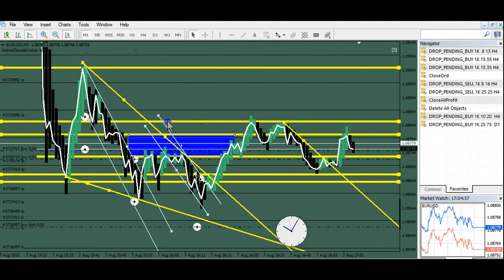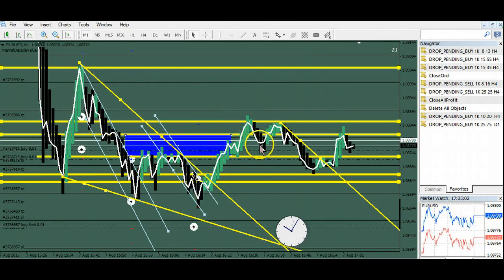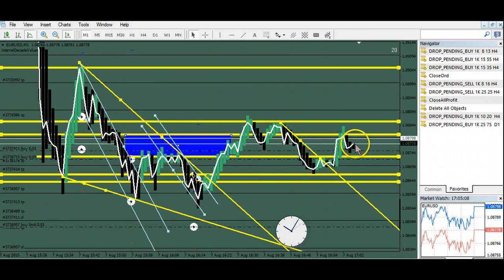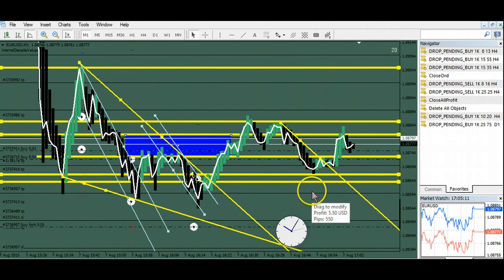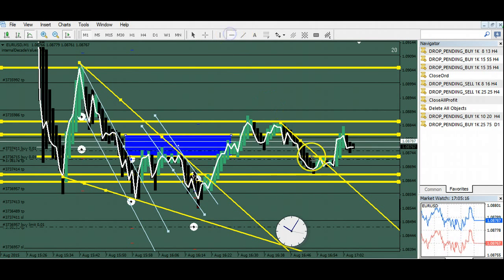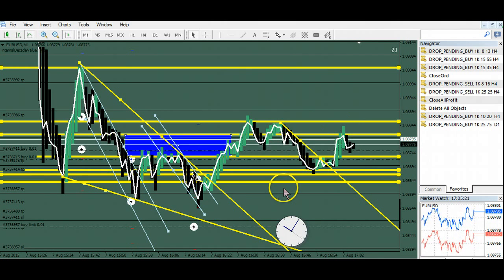So the sellers came in at this pivot. This was the pivot off of here. They came in, they tore it down. They came in a little bit here. Now we're drifting. Now maybe we're running out of sellers. Maybe this low is going to hold here. A lot of maybes, but certainly the 1 minute chart's giving you the